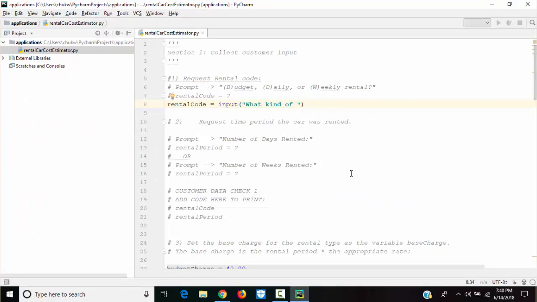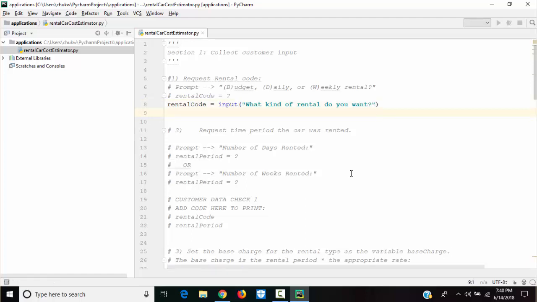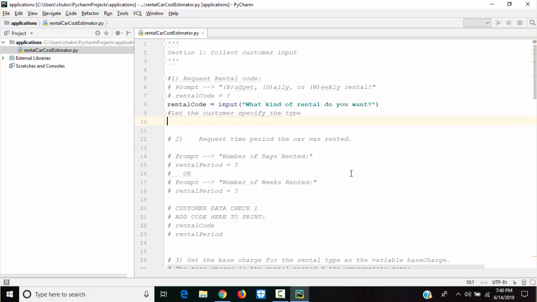The nice thing is to make sure that it works. What kind of rental do you want? That's the way I'm going to say it here. And I'm going to make a comment here: let the customer specify the type and then put in the code.